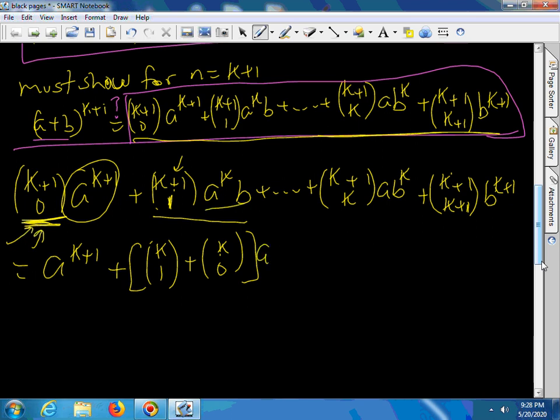Times a to the k times b, plus, now I break this one up into a sum, the combination. I make the top one less, and in one case the bottom stays the same, and in the other case it becomes one less, times, oops, close the bracket, times a b to the k, plus,